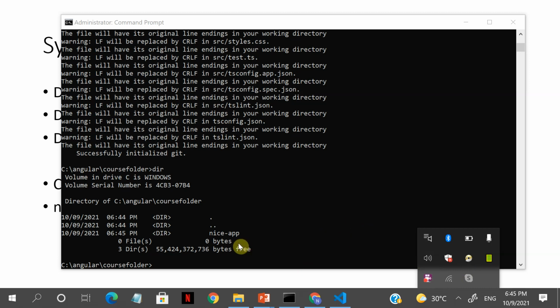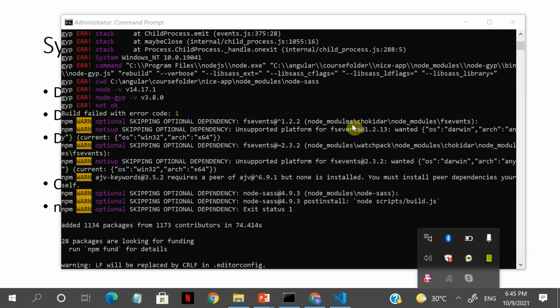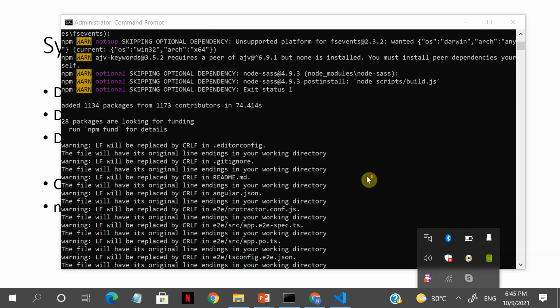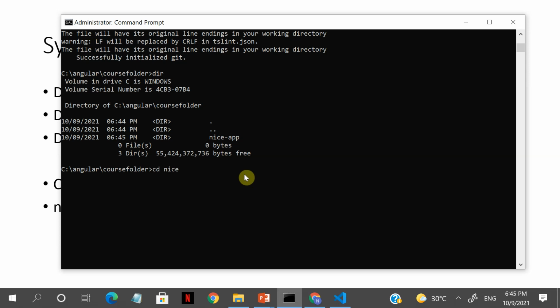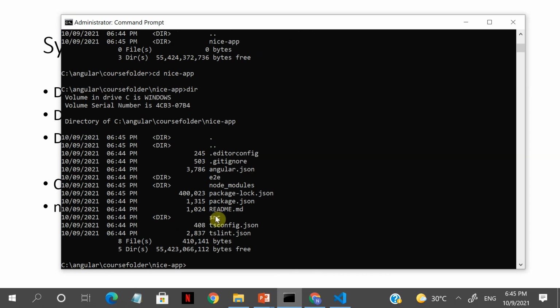Alright, so now let me show you one thing. It is running over here and it has generated the module, correct? So it has generated the app. If I go to my folder, see this nice app. Let's see what is there inside nice app. It creates all these node modules, and you see this tsconfig.json, a lot of files it creates.